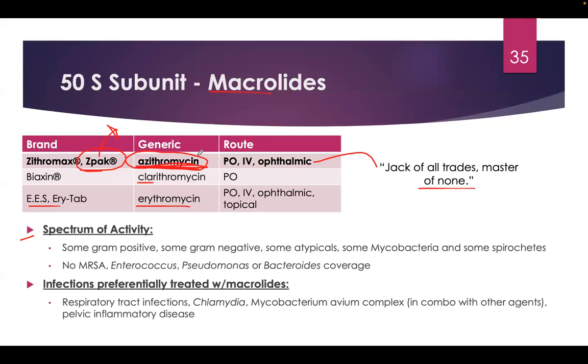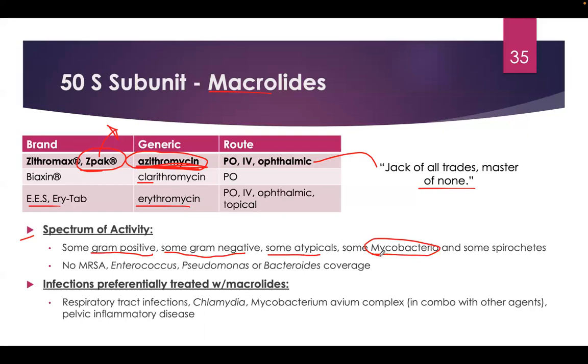As for spectrum of activity, you're going to get some gram-positive. You can't rely on it, though, for Streptococcus pneumoniae, and you can't really rely on it for group A strep, so we've lost that. Some gram-negative activity, I wouldn't trust it. You do get your atypicals, such as your Mycoplasma, your Chlamydia pneumoniae, and your Legionella pneumophila. It will cover those. You do get some mycobacterium coverage out of it, so you'll see it